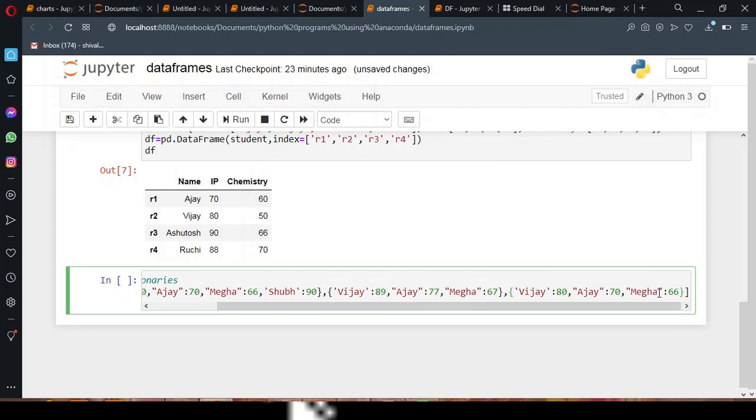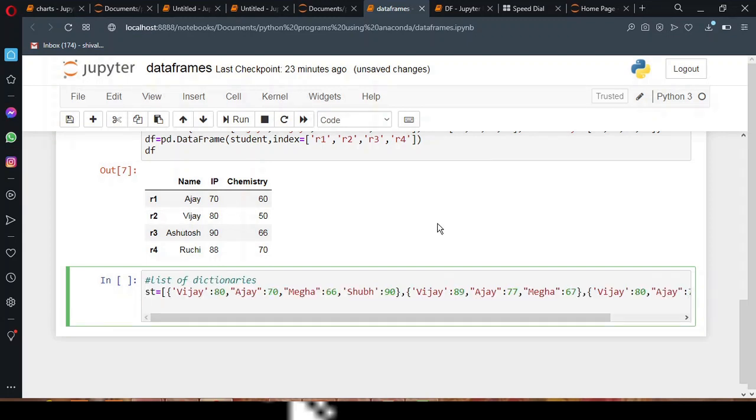But instead of Megha, I'll take Meenal, and that's all. I've changed the name here, and in the first I've taken 4 names, in the second 3 names, in the third 3 names, but one different name. So for defining the data frame, just copying it.